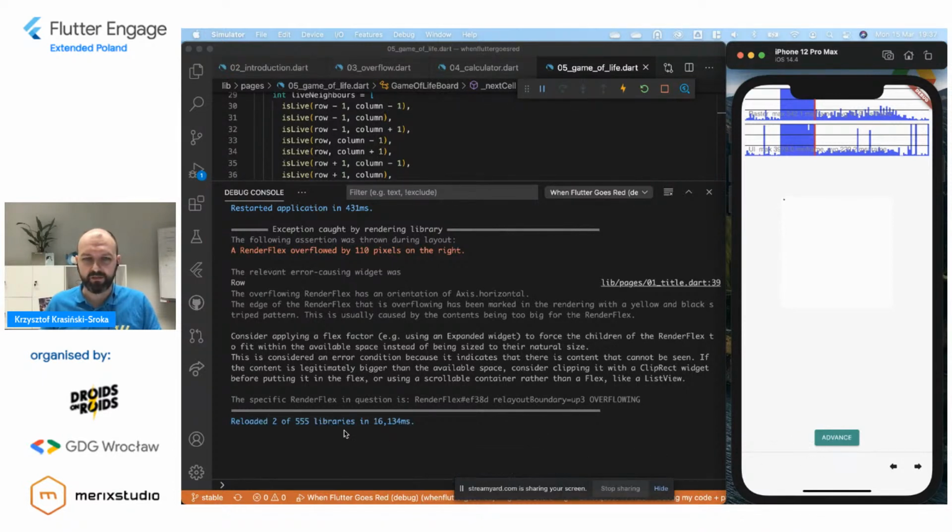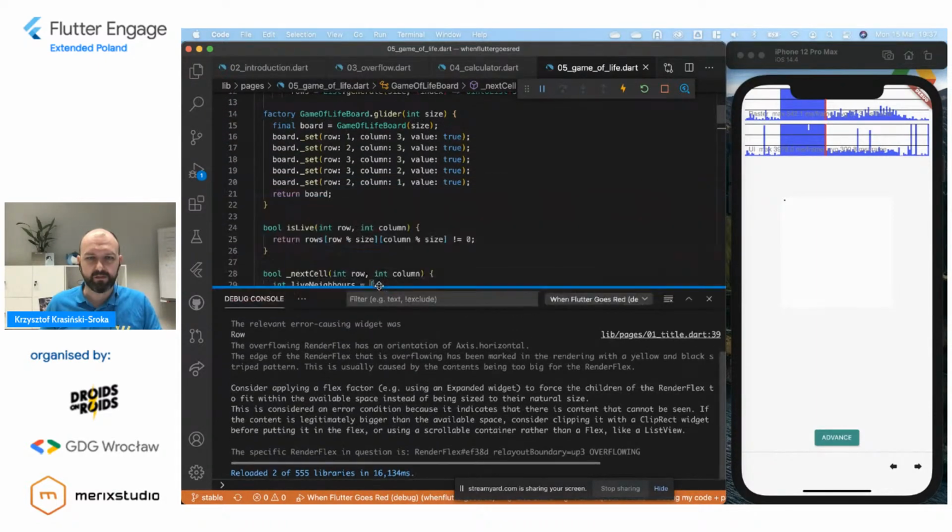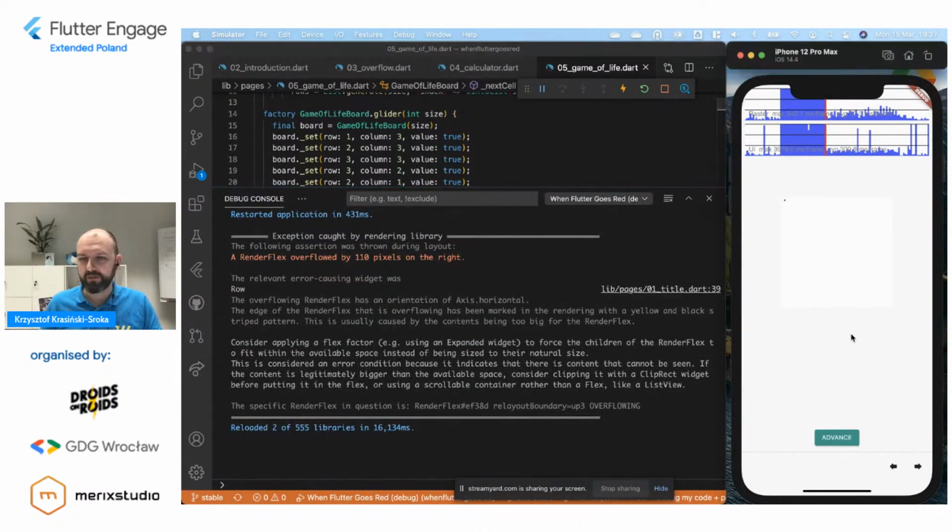Hot reload complete after 16 seconds. Try to advance. Okay. We see two dots happening. I can't even scroll. This is so heavy, my system has actually stopped working. I don't see, oh no. I think something went wrong when we tried to do too much.